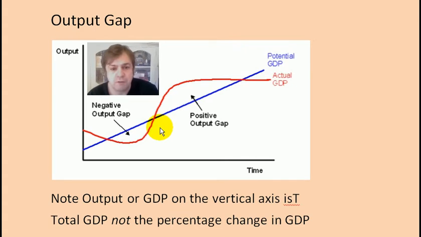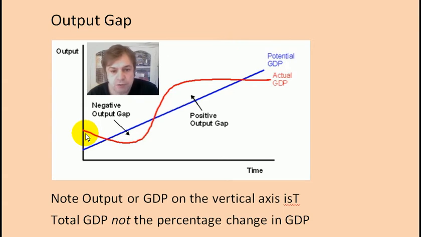First of all, have a look at the axes here. The output axis up the vertical shows you the total amount of GDP. It's not the percentage change in GDP, but the total amount of GDP. Along the bottom, of course, we have the time axis, and as time goes on, if you look at the